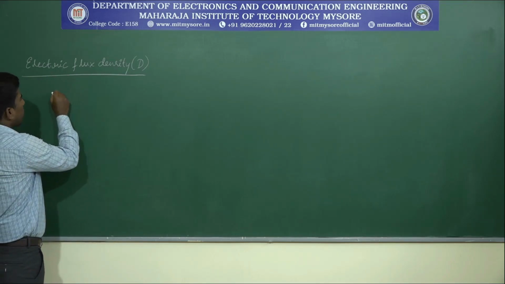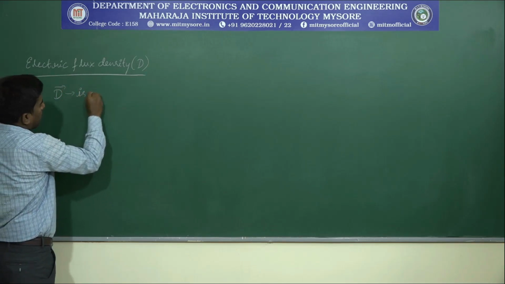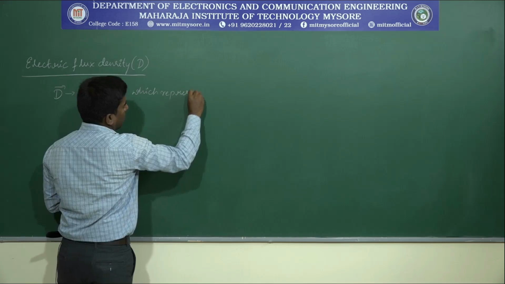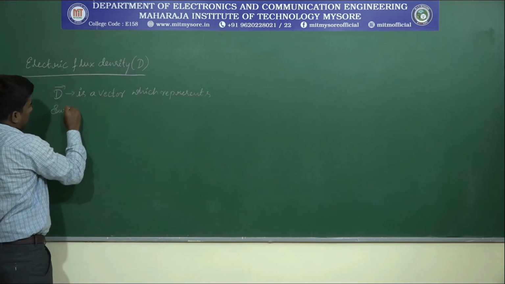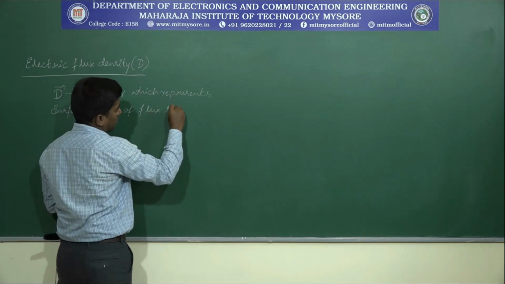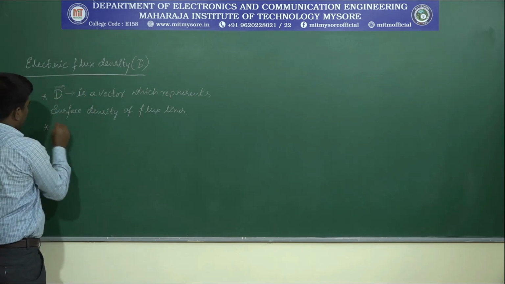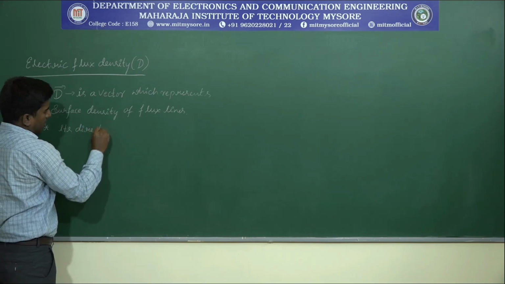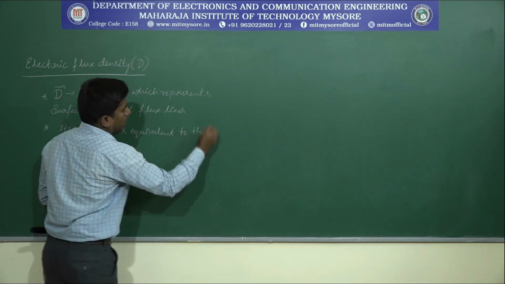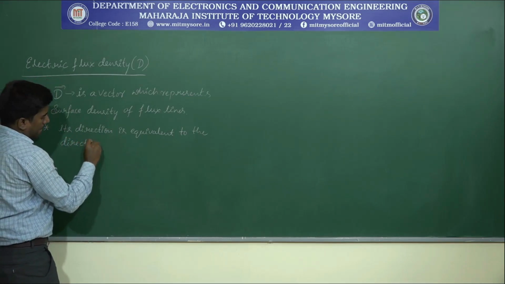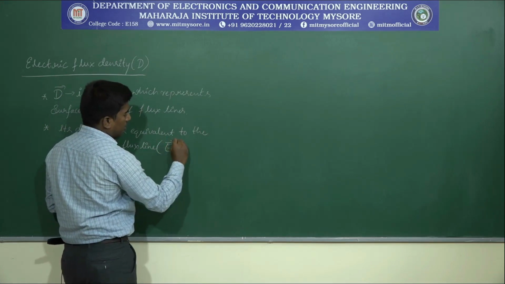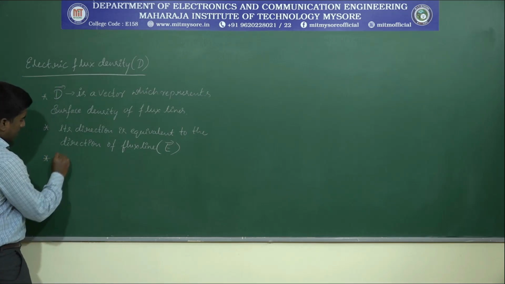So let me write this. Electric flux density D is a vector which represents the surface density of flux lines. Okay, this is the first point. Its direction is equivalent to the direction of flux lines. In other words, equivalent to the direction of electric field intensity. Got it? Then its magnitude